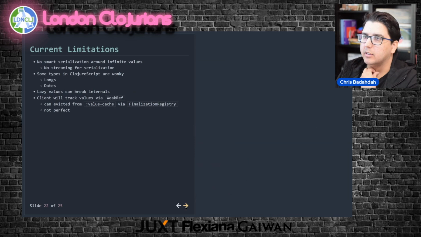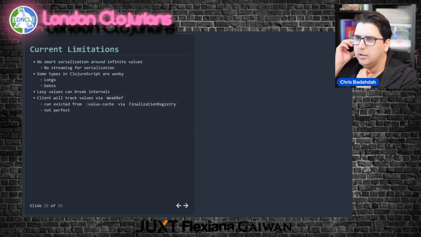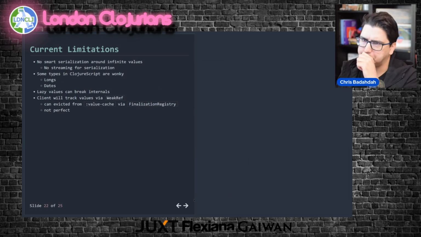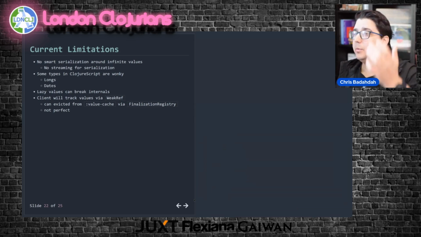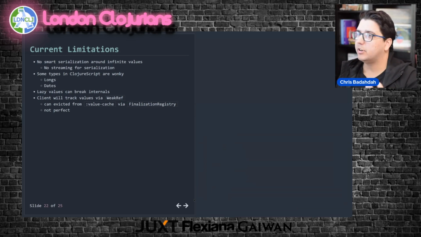So let's see, some current limitations that I didn't cover but exist. This is just to be aware of because you might run into them. The serialization is eager, right? So if you have an infinite value, it's just going to try to serialize it infinitely. It's hard to know if a value is large or infinite, right? If you are working with infinite data, you have a custom submit function that you can use to truncate it, and maybe nav it so that you point around to it. So it's definitely easy to solve this problem.